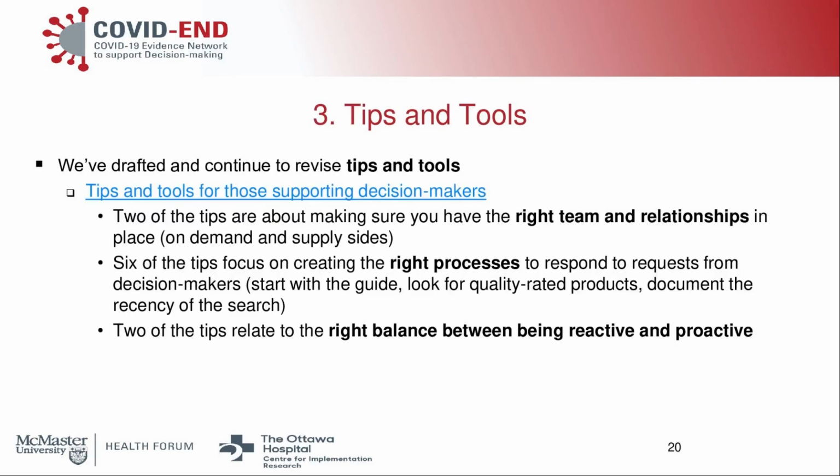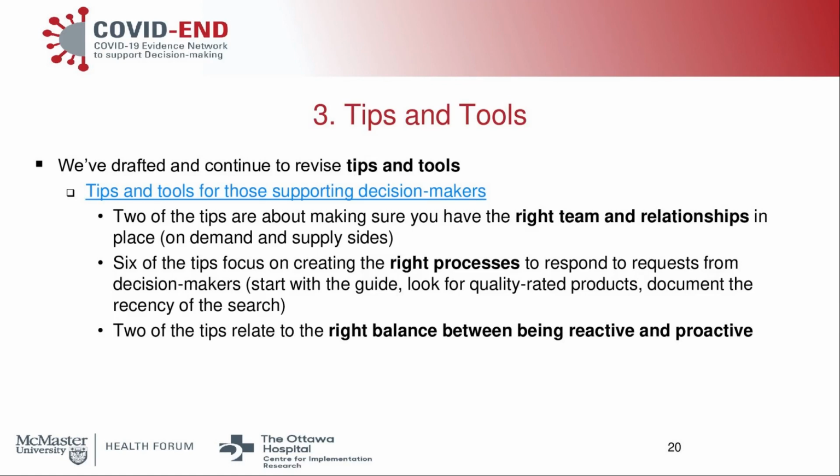Then we also have a tips and tools page. And so these tips and tools for supporting decision makers, 2 of the tips are about making sure you have the right team and relationships in place to be able to respond to decision makers' needs. 6 of the tips focus on creating the right processes to respond to requests coming from decision makers. So, for example,